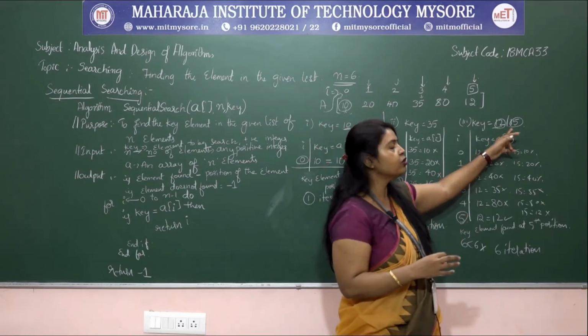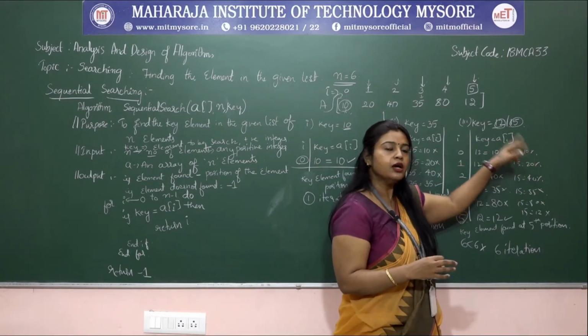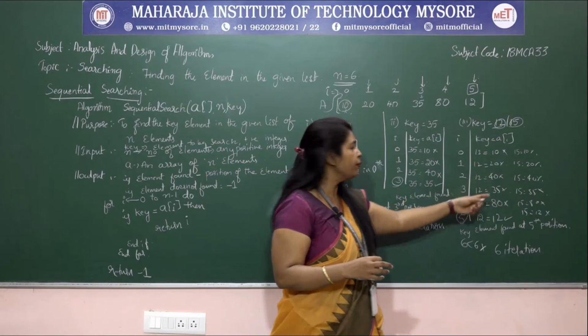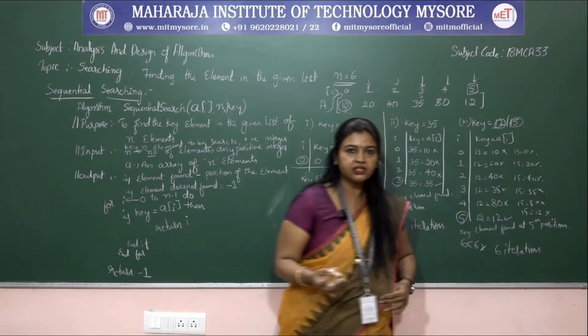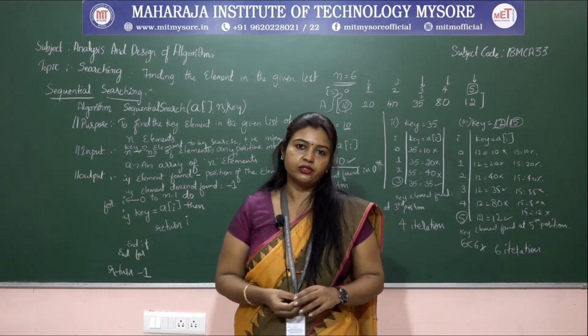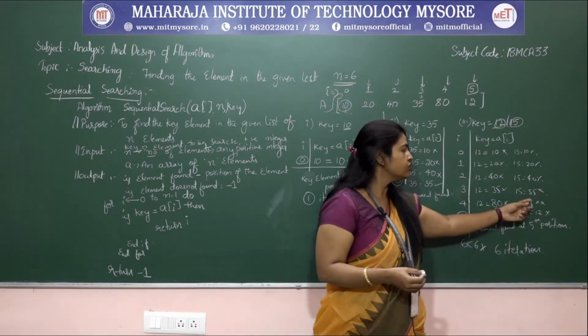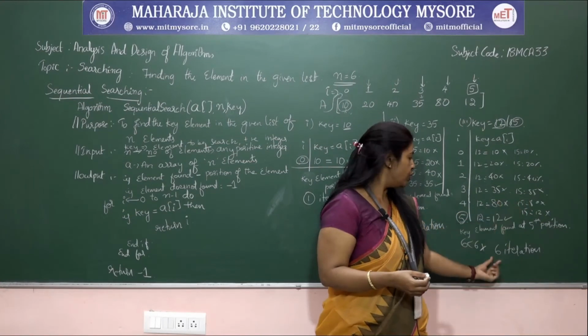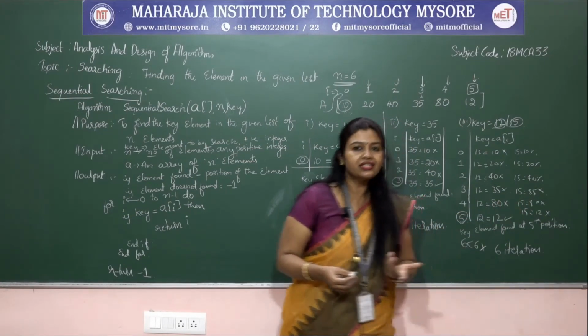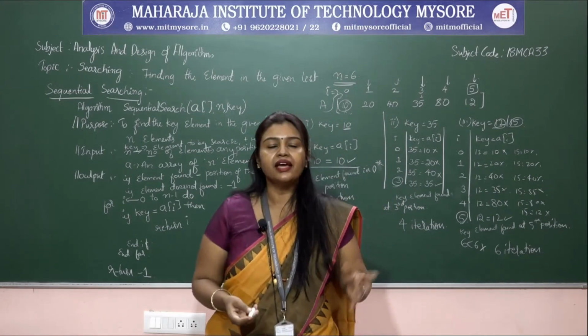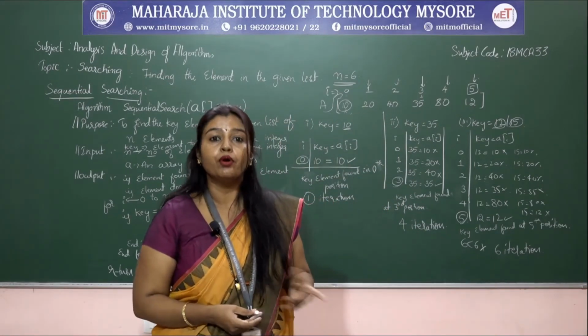And if the key element is 15 also, by that time also how many comparisons will be made? So 1, 2, 3, 4, 5, 6. 6 times only. But still you have not got the element. So this is the successful search, this is the unsuccessful search, even though the number of iterations taken are 6 times. So 6 elements are there and 6 times your basic operation has been performed.